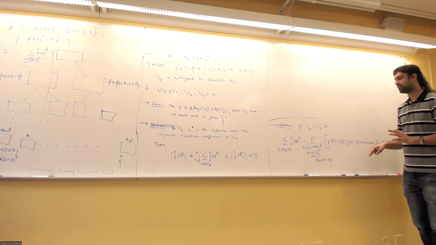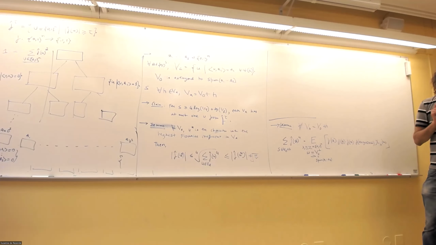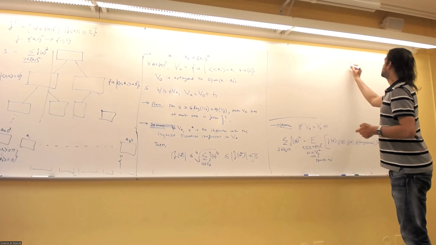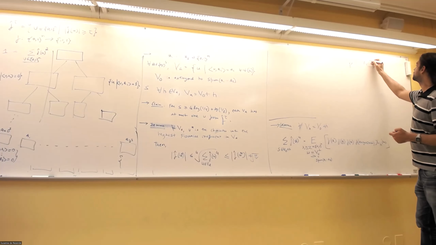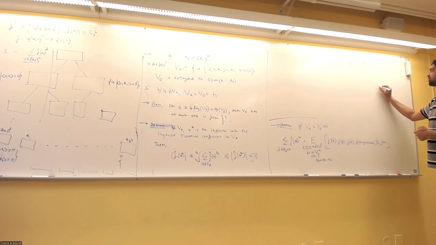We end up making poly 1 over tau many membership queries and estimating the highest Fourier coefficient value in each vector space. But now you'll ask, you just estimate the highest Fourier coefficient value. There's not really learning because you don't know what character it corresponds to. So this is where the prover comes in. The prover now sends a purported value of the heavy Fourier coefficient to the verifier. And the verifier,